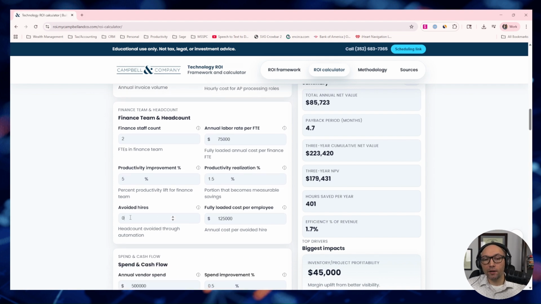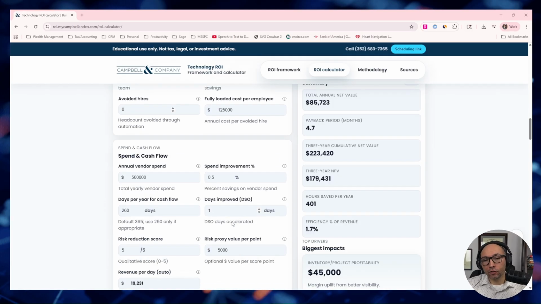In addition, you might be saying, hey, we're looking at having to hire another person at $75,000 a year here. But because we're investing in this tool, we don't have to next year. And that's where you would put in 1. In this case, I'm going to just keep this down at 0. And of course, we've got a fully loaded cost per employee. This is usually going to be salaries, and then you're going to throw in some assumptions for fringe benefits and the like. Usually I like to do like a 25 to 30% adder, maybe even 35% adder on whatever the salary is or annualized hourly rate.